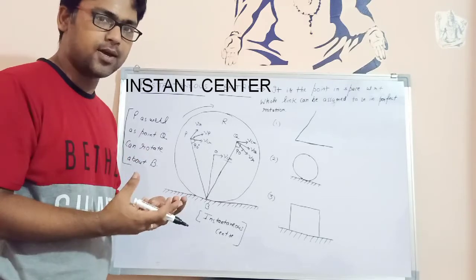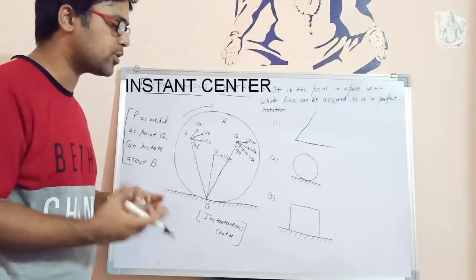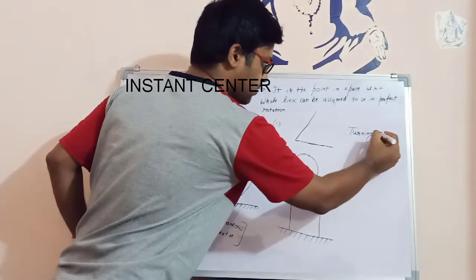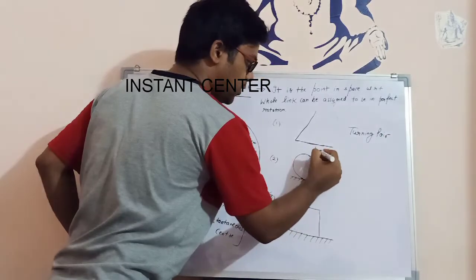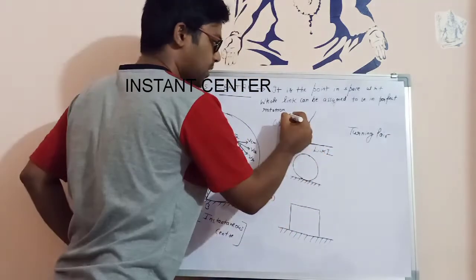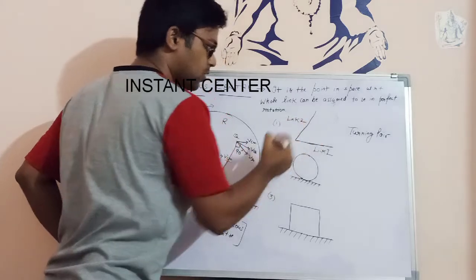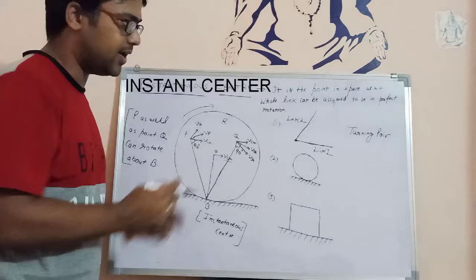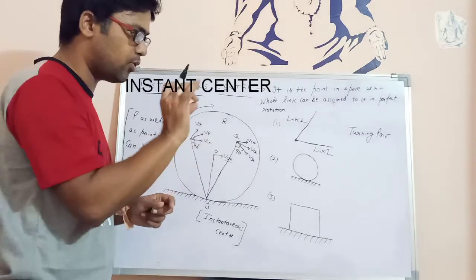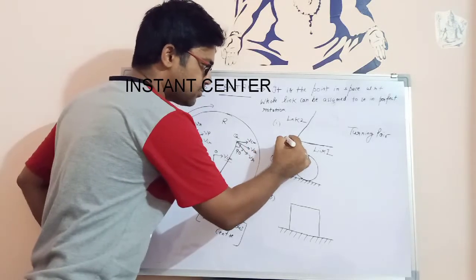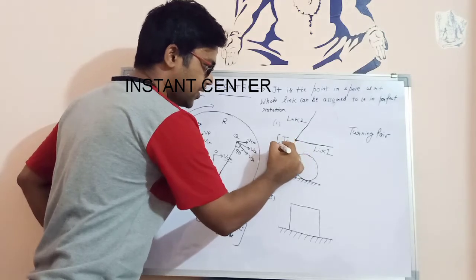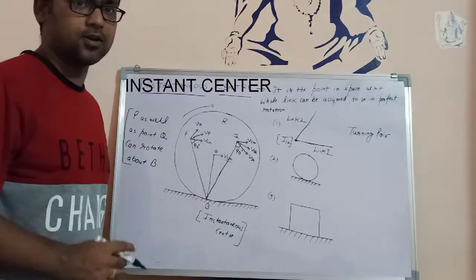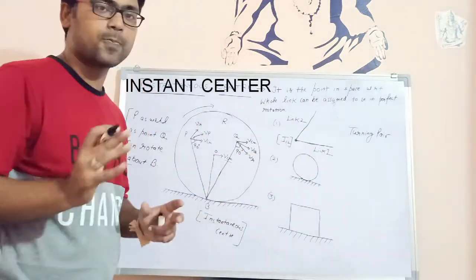Now, for different types of pair, we are going to have different positions of instantaneous center. For example, let us suppose this is my turning pair. This is my link 1. This is my link 2. Clear? Both the links are turning about this point. In this case, when we have two links and they are basically turning about a joint, that joint will be known as my instantaneous center. So I can say I12. So I12 here represents my instantaneous center. So for a turning pair, this is my instantaneous center.